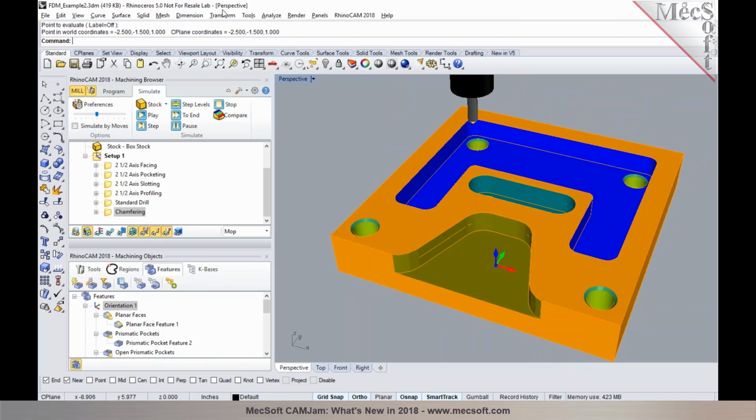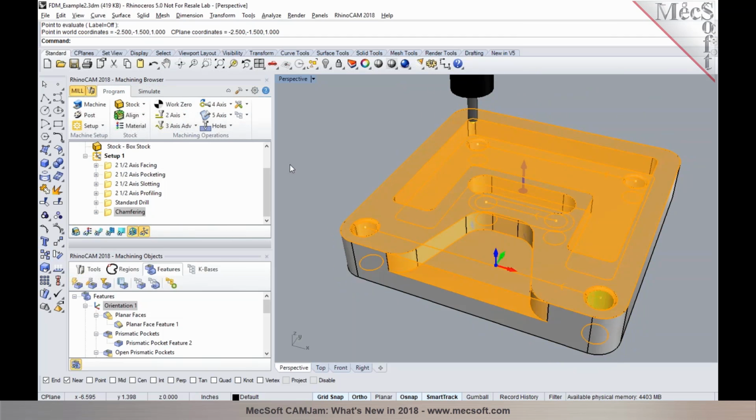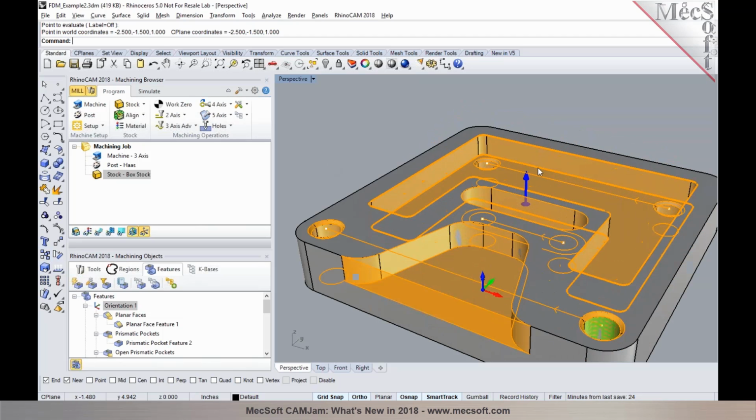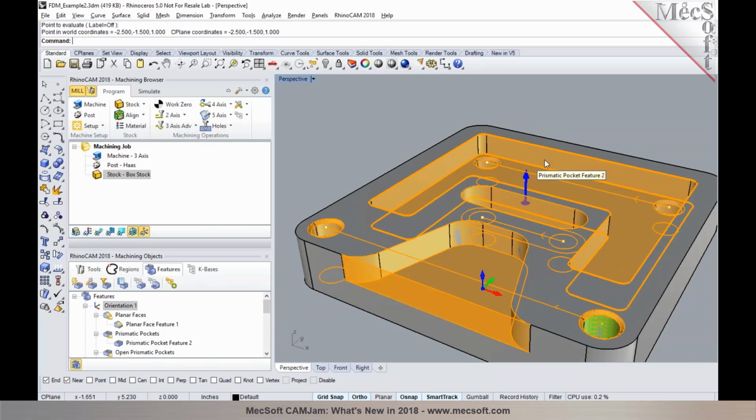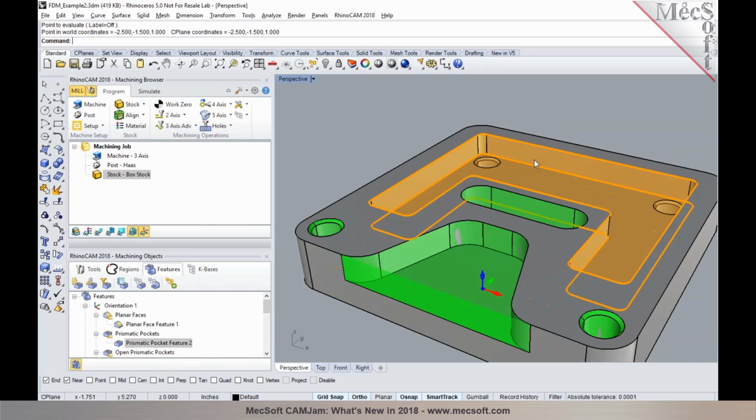Now let's go back one step and graphically analyze some of these features and see how we can program them. Since we already identified these features, as you hover your cursor on top of each of these features, you will notice that the corresponding features are highlighted on the part. If you hover the cursor over it, you'll notice that it identifies the feature as a prismatic pocket. You could now perform a right mouse button click on these features, and this will